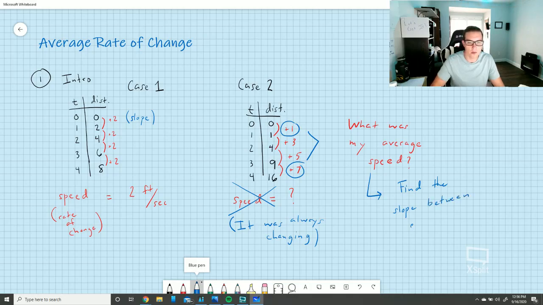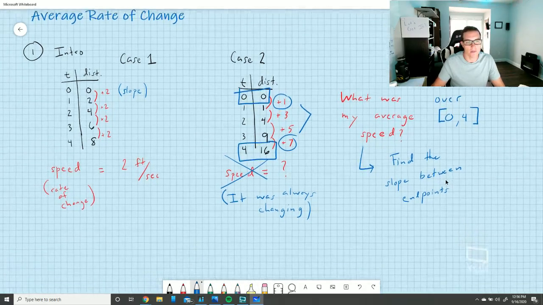Find the slope between endpoints. So if I were to ask you to find the average speed, I have to give you an interval. I have to give you a function and a time interval. So we'll say over the closed interval, brackets, 0 to 4. So that means I want to know how fast I was running or traveling from time 0 to time 4, on average. So you take this as one of your points, and this is your other,